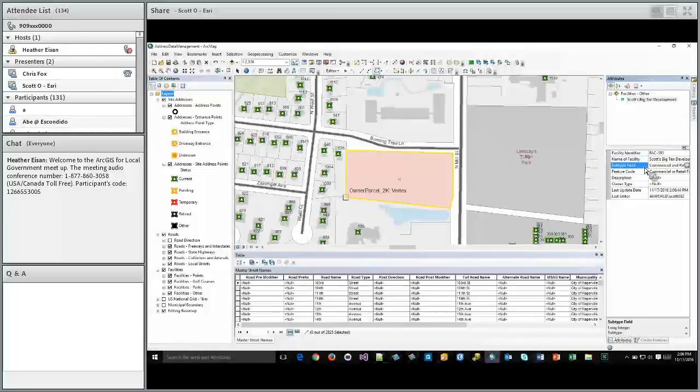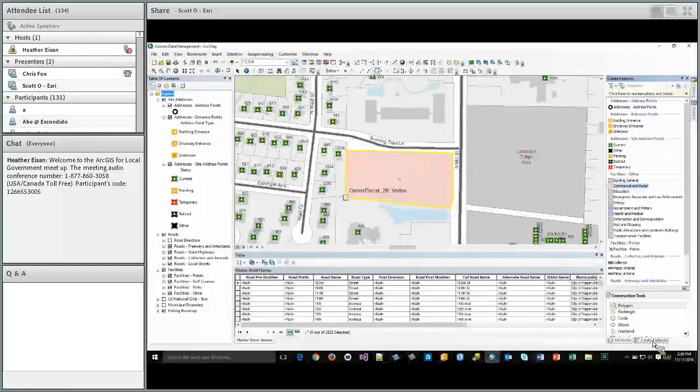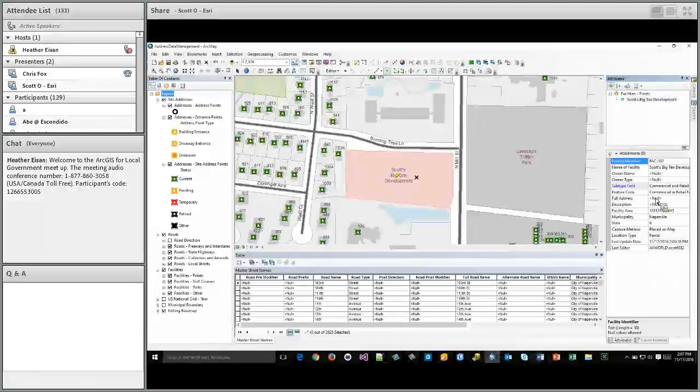And you'll see that the feature templates have been set up to really optimize that data management workflow. So with a few simple clicks, I've got that new facility. What I also want to do is create a point location so this data can be used in other applications like E911. And so I just go ahead and quickly click on the map,